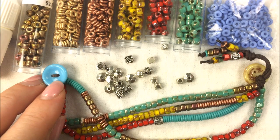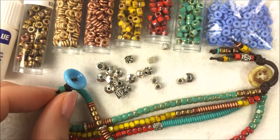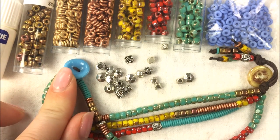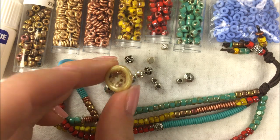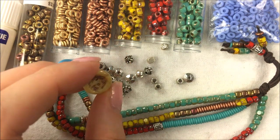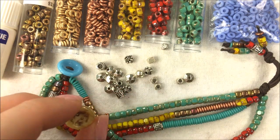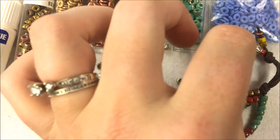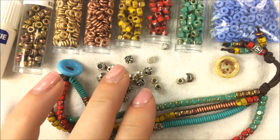I'm going to be using a Potomac Bead cup button, and in the design here that I did, I used the turquoise blue color. I'm going to be using this Picasso color, the white dark travertine Picasso look, to brighten it up a little bit and to make it so that it's not the exact same bracelet with the design. In addition to a button or a clasp closure, you are going to need some silver